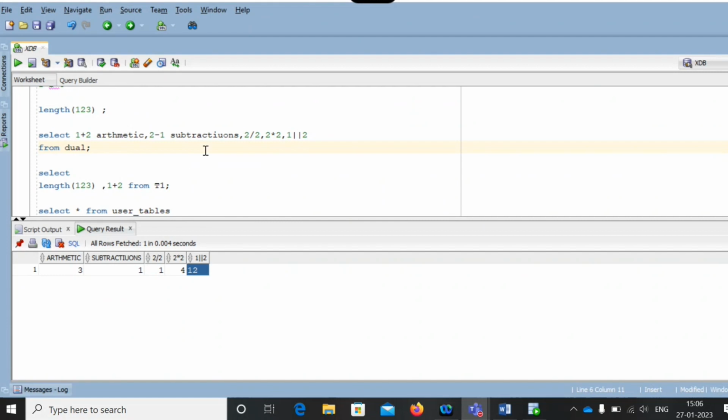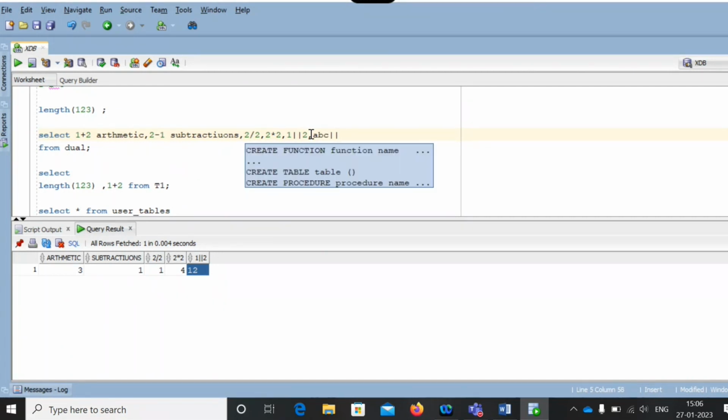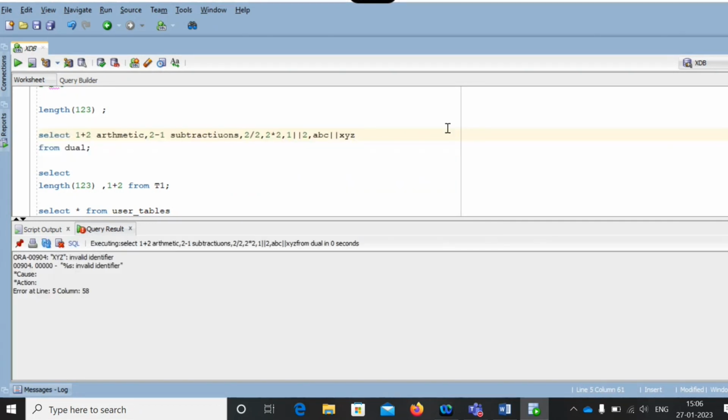Now I did 1 concatenate 2. If I do ABC concatenate XYZ, it gives an error. Why? If you are concatenating number values, no need for single quotations.